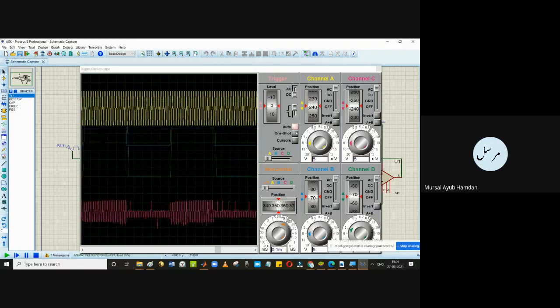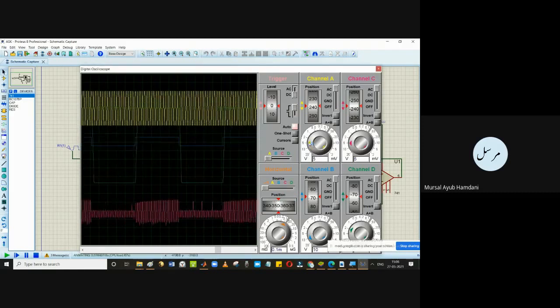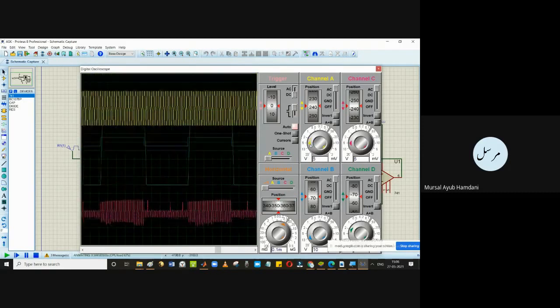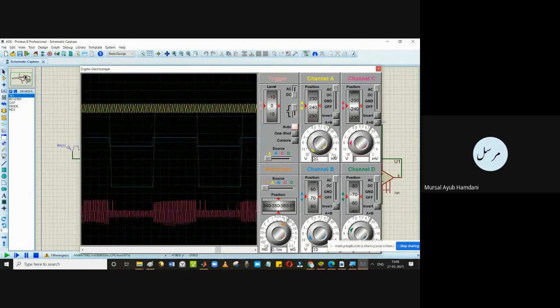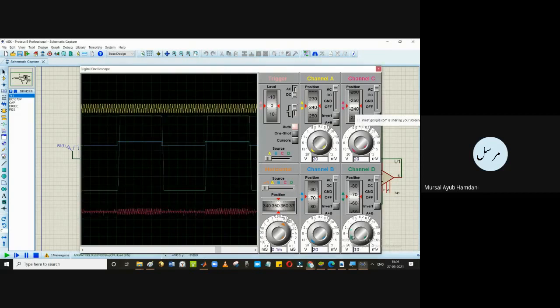So here you can see clearly now. I'll just reduce the values. You can see the yellow waveform is the carrier.